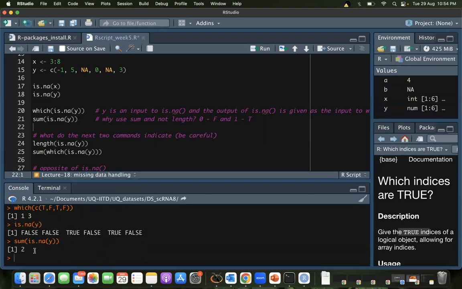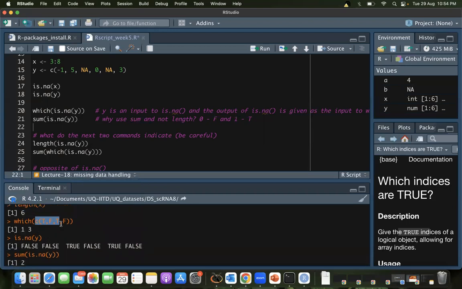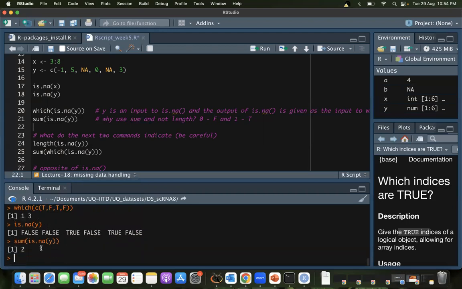Okay? So likewise, like the previous example that we took, this one. What I'm doing is a sum of this thing. And this is also going to give me true, right? Because 1 plus 0 plus 1 plus 0. If I change it like this, there are 4 trues, or if I just add one more, it's 5 trues. Okay. Now, can you tell me, what do you think this is going to give me?